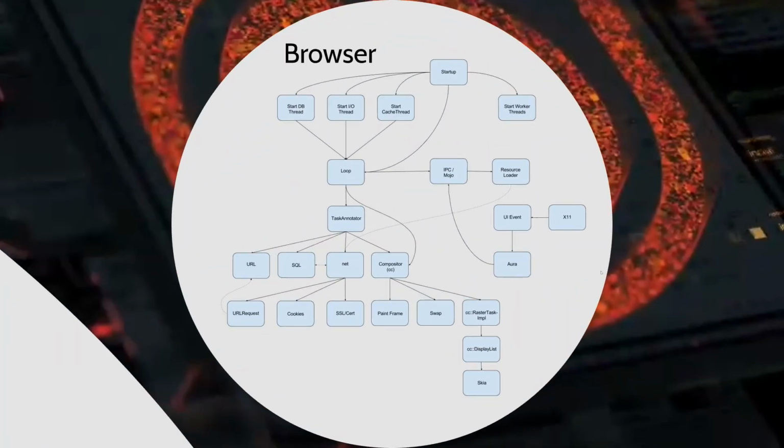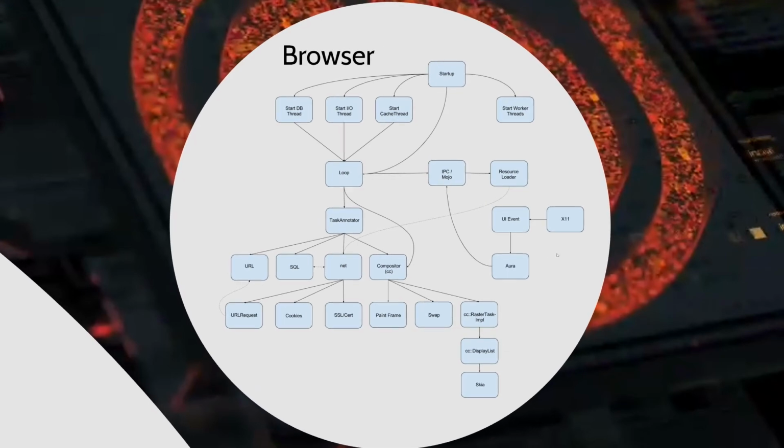The browser task is where all the fun is. This is the finish line if you're going to be exploiting the browsers, because this is where all the high privilege stuff happens. This is where the networking goes, the URLs get requested, the cryptography happens, the file system access. So this is the bit you have to get into. The browser process holds the keys to the kingdom in terms of file, network, and cryptography access, but it's the finish line. The actual work for the exploit developers is in the next section of